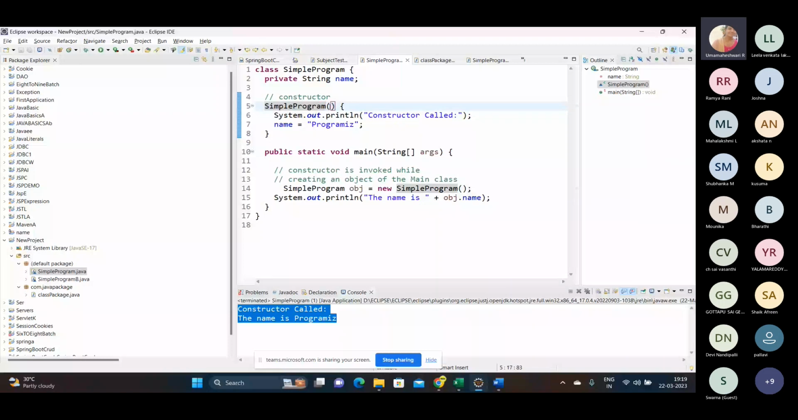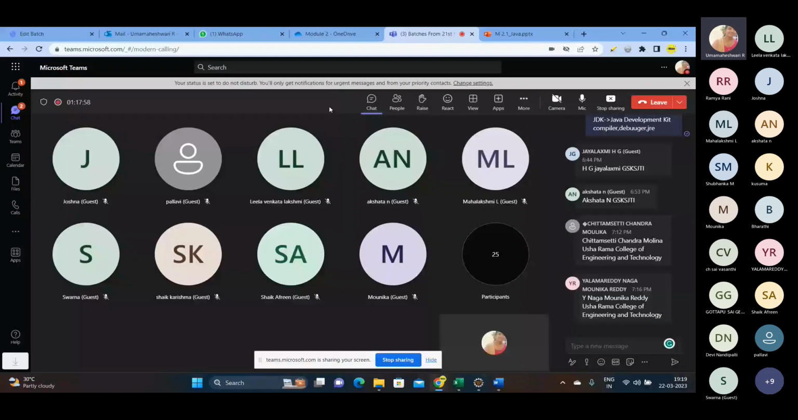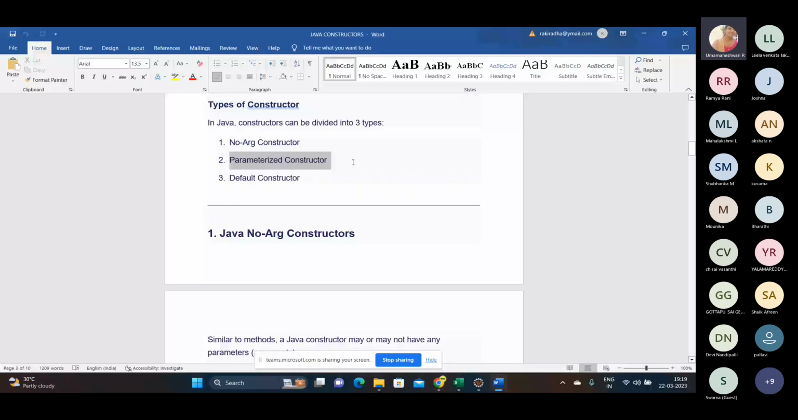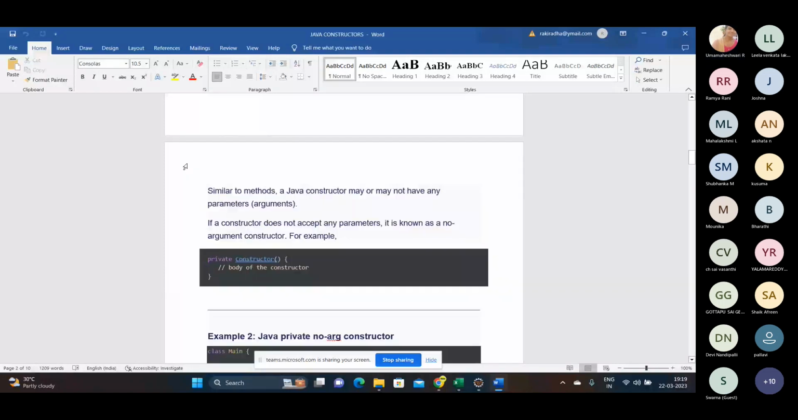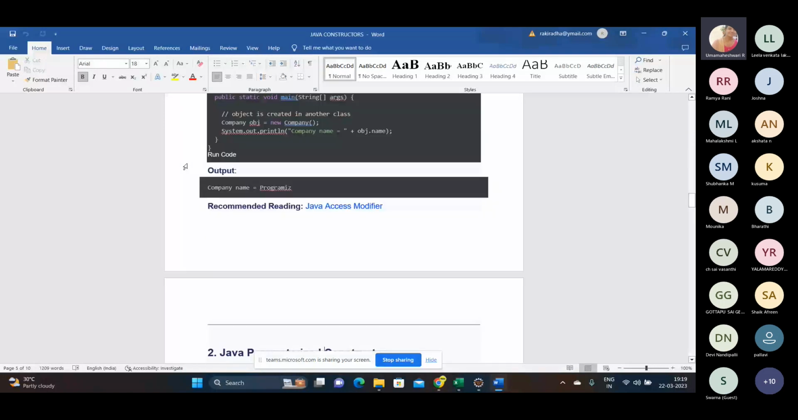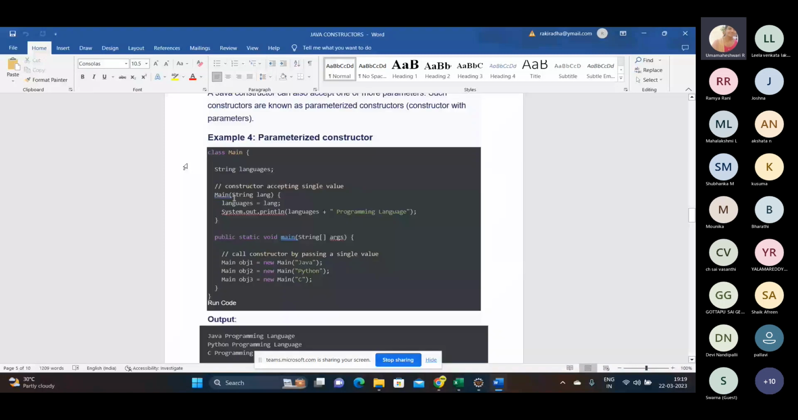The second one is the parameterized constructor. Parameterized is nothing but you will be having some values within that constructor parameter. And the default constructor is, if you are not going to use any constructor, that will be called a default constructor. So let's see an example of a parameterized constructor. Just one simple example. Here you can see inside the constructor, they have given a data type and the variable name. Okay, so if I just copy this and run the program,